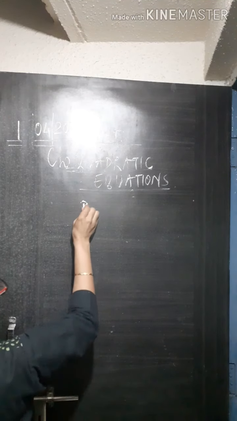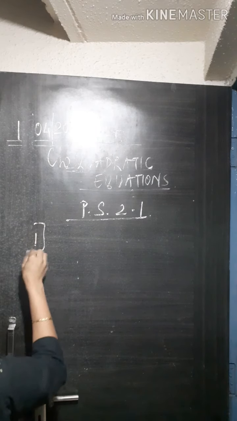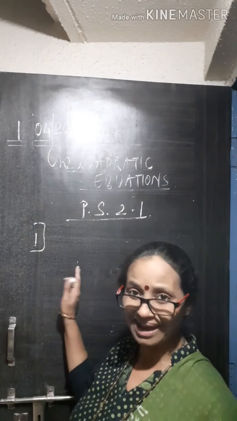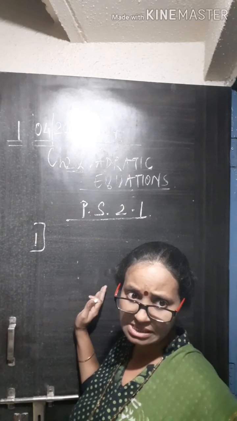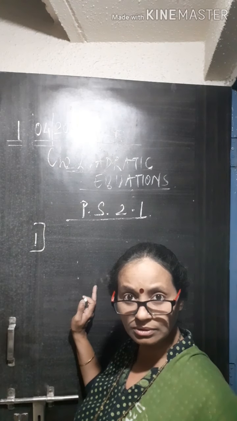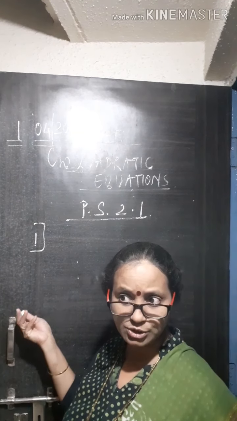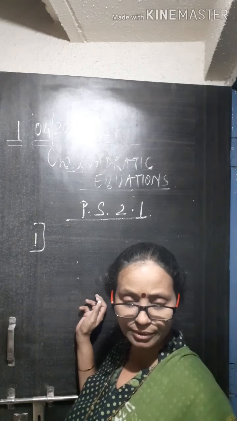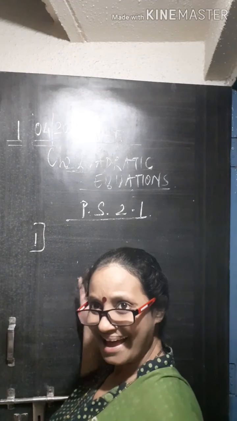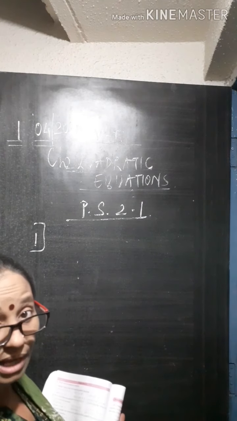Practice set 2.1. The first question says write any two quadratic equations. Here you can write down any two quadratic equations. For example, we have come across so many equations in the beginning of the first video. I had written down some equations out of those, or you can frame your own. So any two quadratic equations you are supposed to write down here. I will give you two equations here. You can write other equations likewise, and that is the way you can complete the answer to this question.